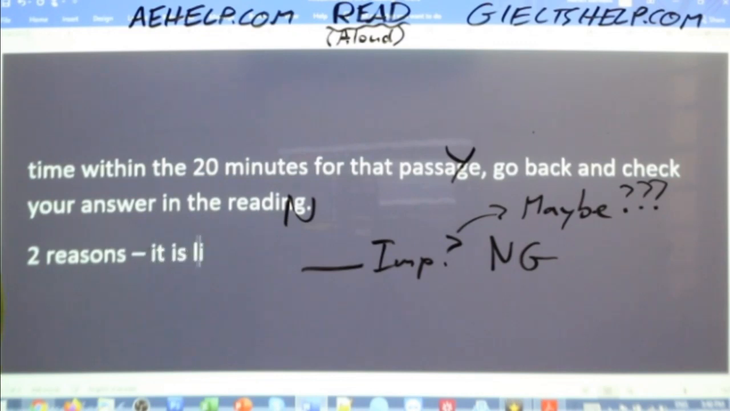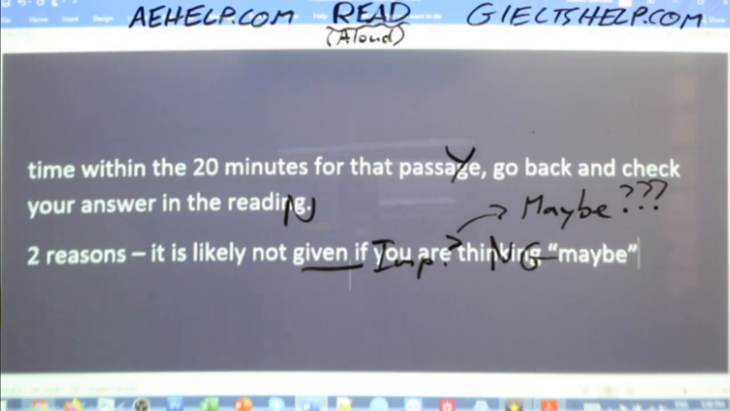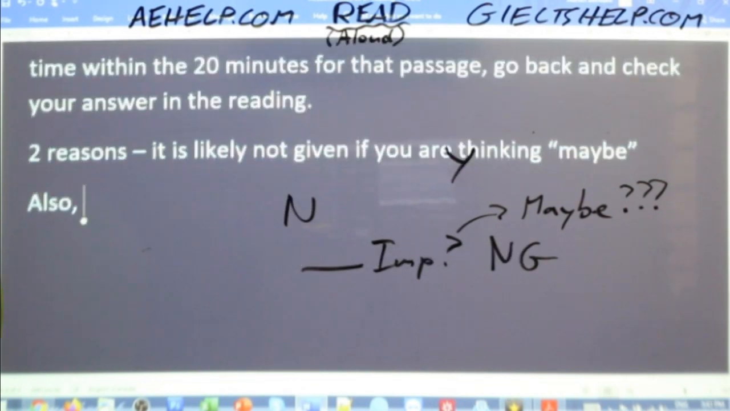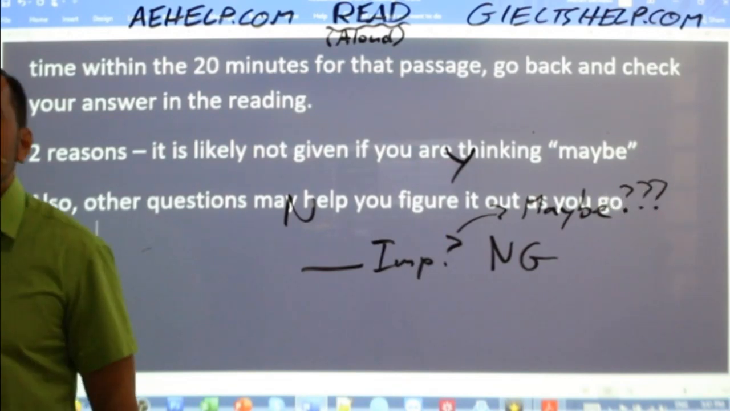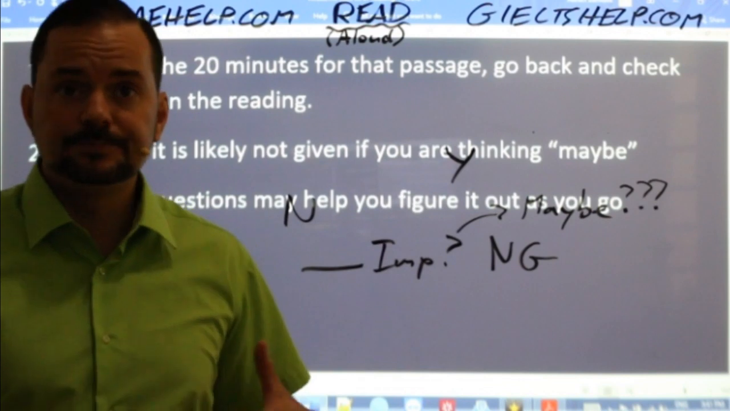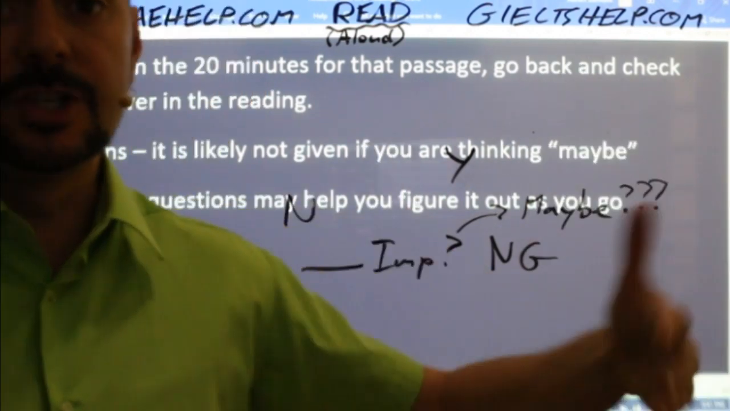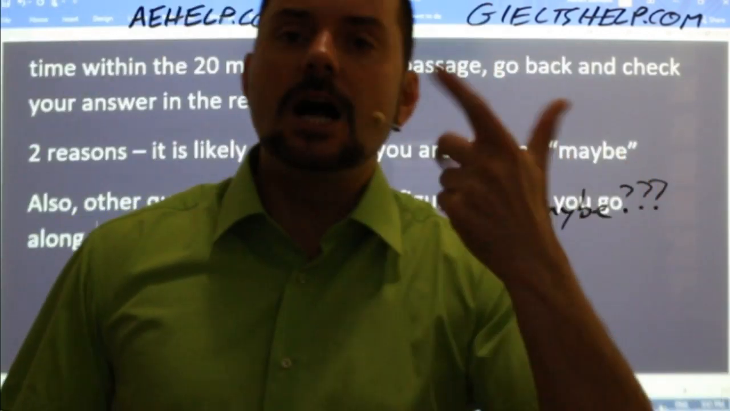It is likely not given if you are thinking maybe. Also, other questions may help you figure it out as you go along. Okay? So oftentimes, when you go to the other questions and you answer them, then you realize, oh yeah, of course,